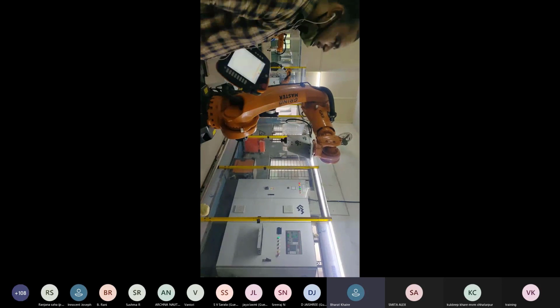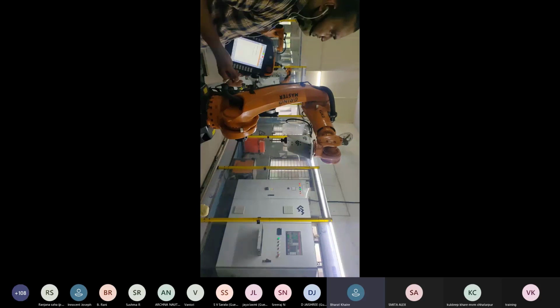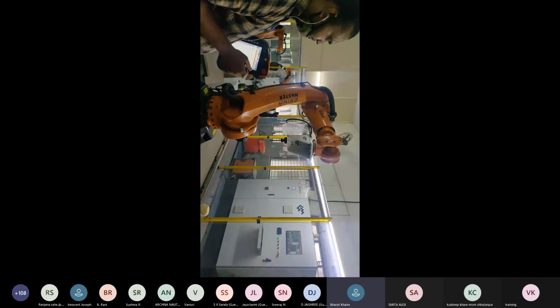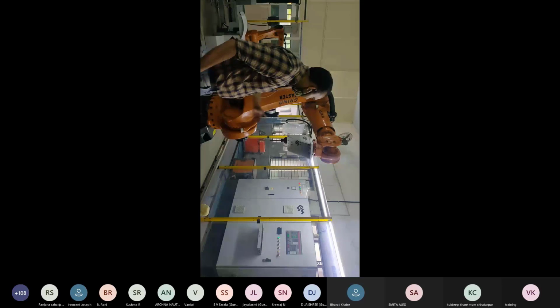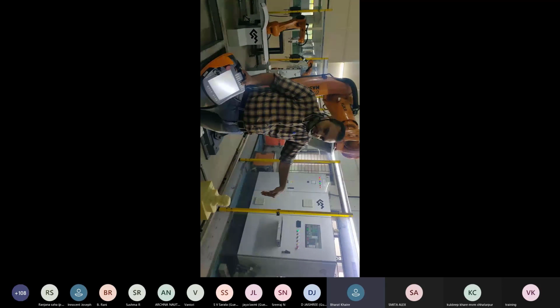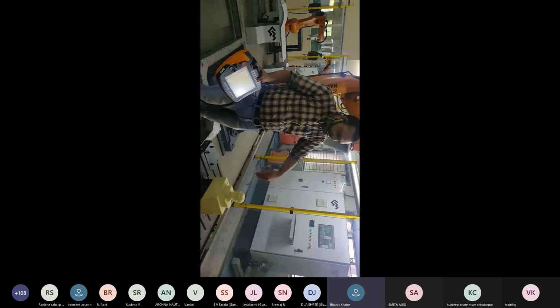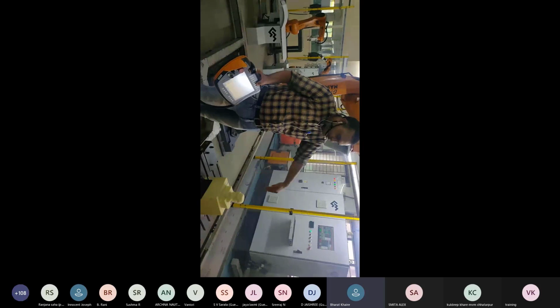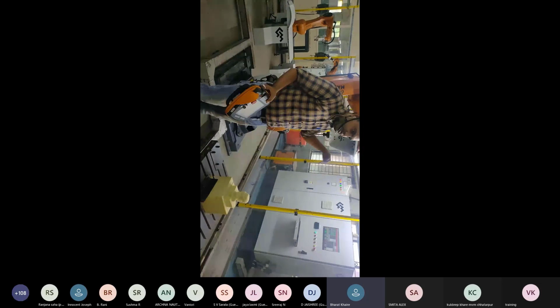Now we are going to make a folder and a file. File means a program. First, it will come to the PTP point, then go down with a linear movement. Then we will make a square and go to the home position. We will make a program like that now. So how? First, cancel the program.